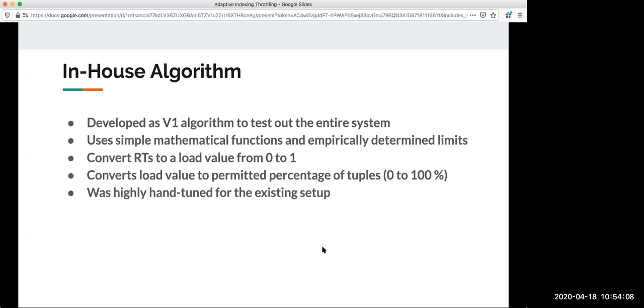Then we just took the current response time and mapped it between this range, between average and maximum, and converted it to a load value between 0 and 1. Suppose you had a 750 millisecond response time right now, we will say, okay, between 500 and 1000, average and max, you are at 750. So we are at 0.75 or 75% load. It's a very simple calculation. You just map it linearly between that range. So 750 milliseconds converts to 75% in this algorithm.